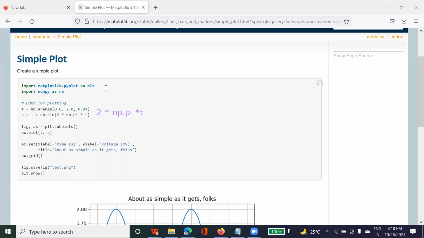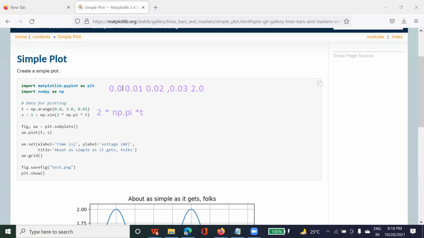Now for every t value, what does it actually mean? Your values start from 0.0 till 2.0, and you take values between like this: 0.01, 0.02, 0.03. Why is it coming like this? Because here you have to take values from 0.0 to 2.0 with an interval of 0.01.